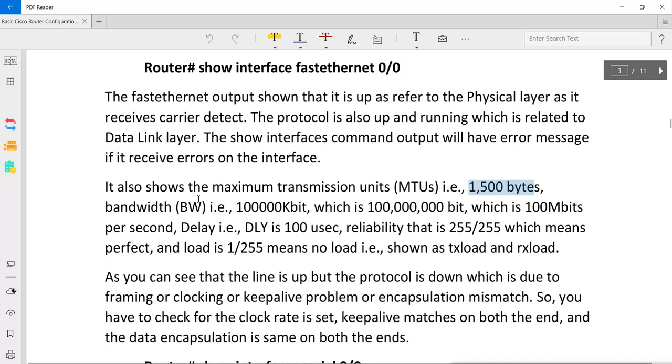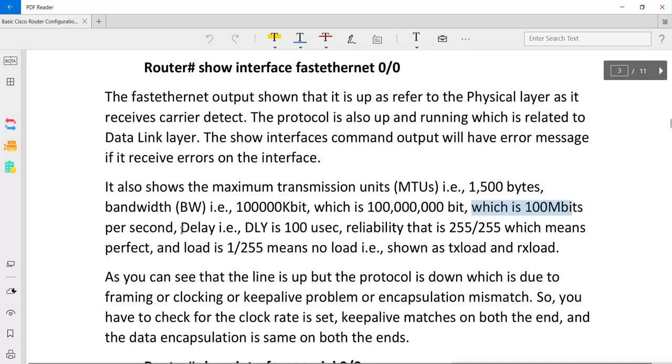Then it shows you the bandwidth of the interface, and because it is fast Ethernet, it is 100,000 kbit, actually 100 Mbps, megabits per second.